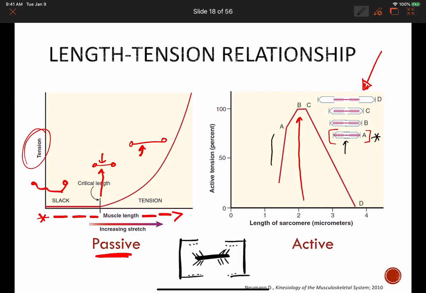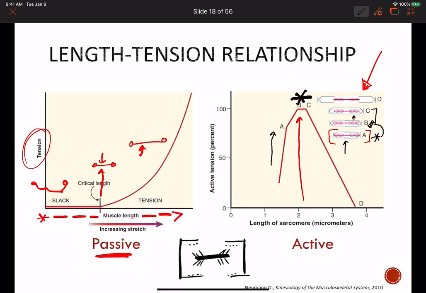As the muscle begins to lengthen, you can see how you're starting to stretch the actin and you're starting to expose a greater and greater number of active sites on the actin to the myosin heads. At the midpoint of the muscle, there is the greatest number of overlap between myosin heads and active sites on the actin. And since the amount of force generated by each sarcomere is equal to the total number of cross bridges formed, if you have the greatest alignment of myosin heads and active sites on actin, you're going to get